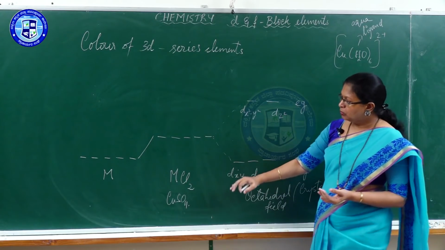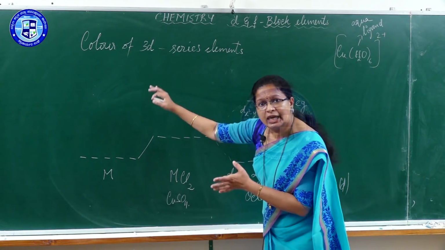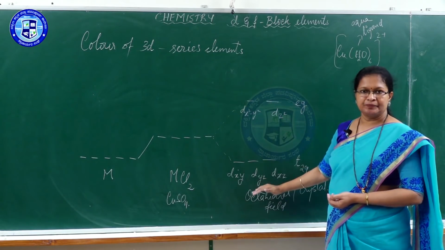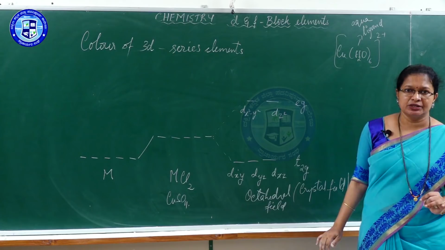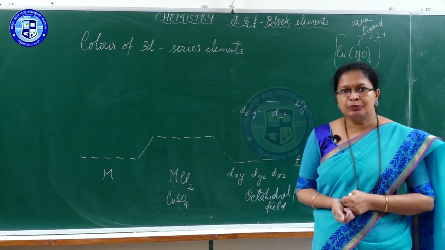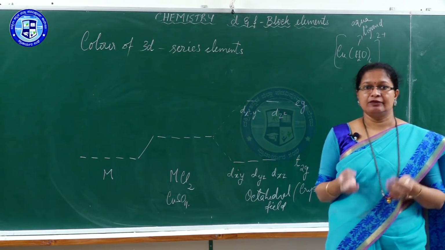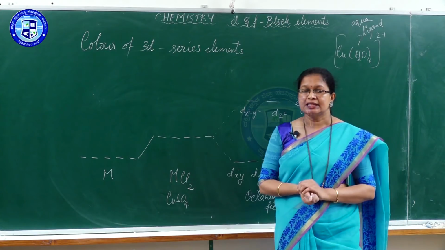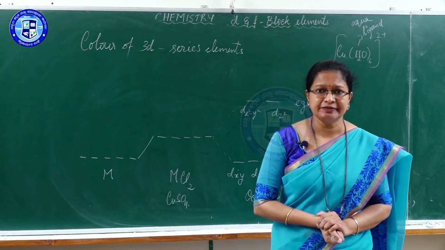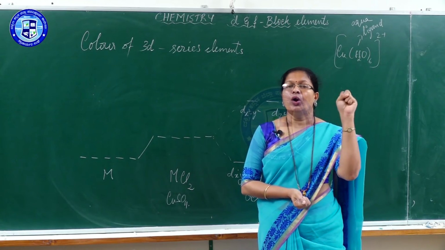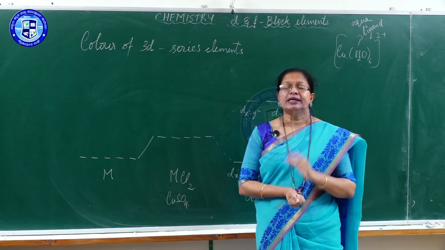Okay. I do not want all this part, I just gave an introduction for you to understand. I want only this part. What happens to copper sulphate when dipped into water? You know copper sulphate has blue color. Why is that blue color seen when copper sulphate is present in water? Does anhydrous copper sulphate have any color? Anhydrous copper sulphate is colorless, but when copper sulphate absorbs moisture or is put into water, it suddenly changes into blue.